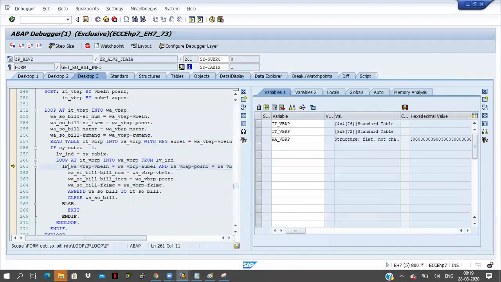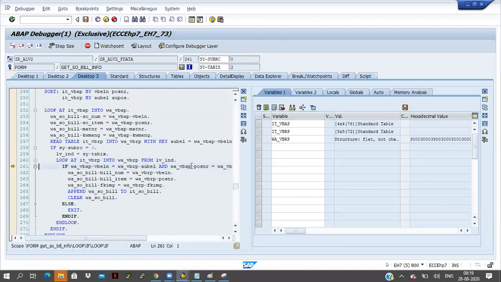I am giving an if condition: if VBELN equal to AUBEL and POSNR equal to AUPOS, then only I have to go inside. Fine. Click on F5 button. Data is coming, so the else part won't work here. One more time it is checking. Click on F5 button.